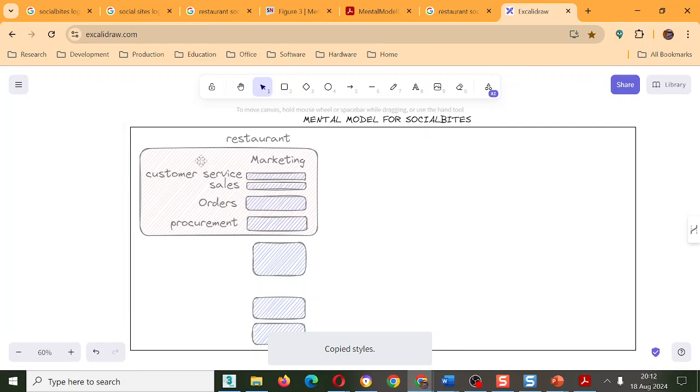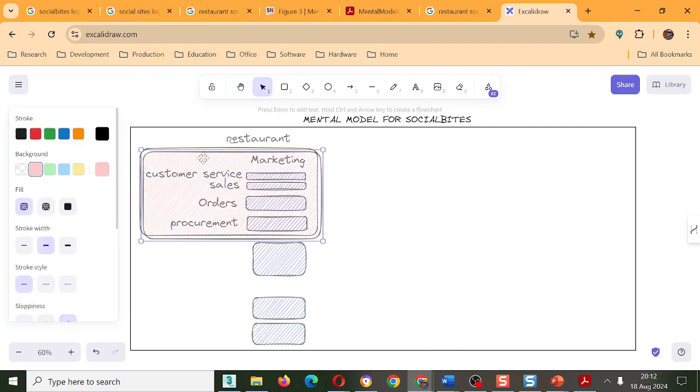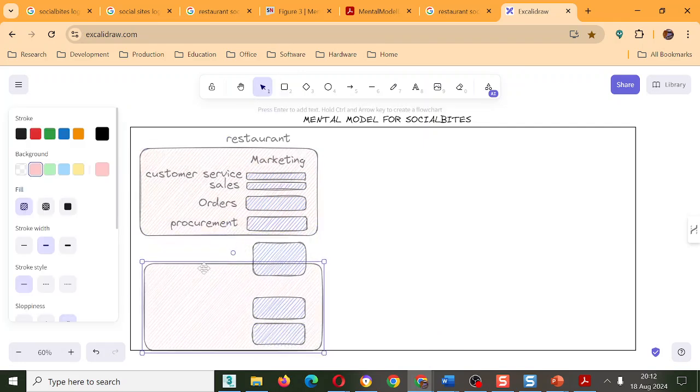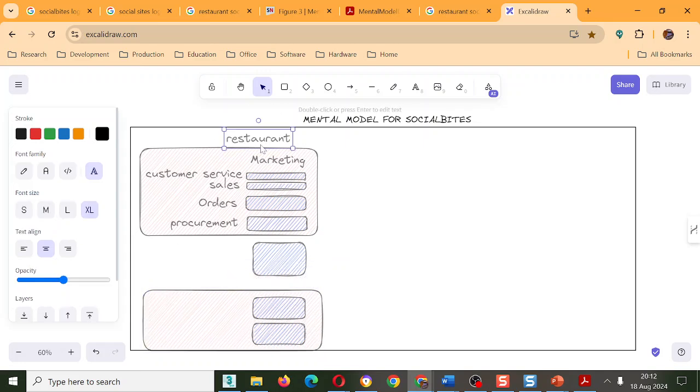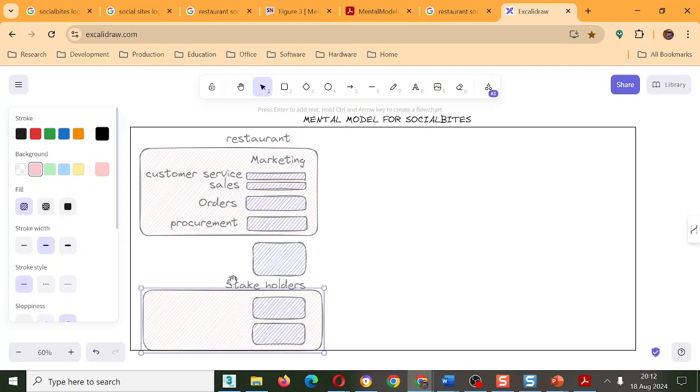And so I'll just duplicate this here, and I'll call this stake. Or I could have called them services. It's also acceptable. But the services are two.